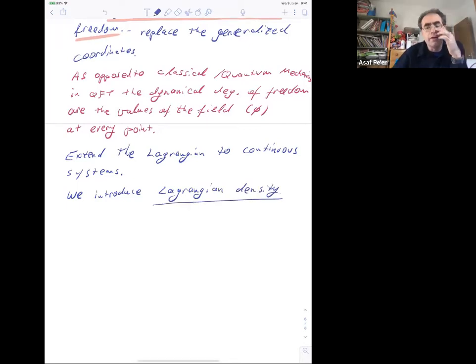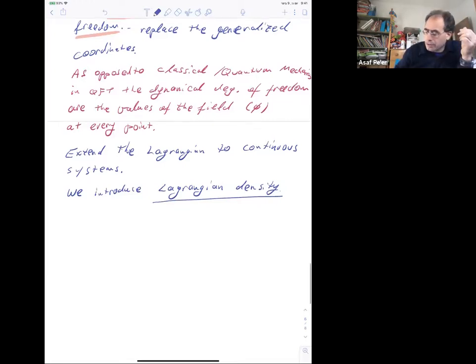Shouldn't be really worried about that. It's abstract, but it's not different than number density or energy density: the number of particles per unit volume, the total energy that is stored in the system per unit volume. So here we have a Lagrangian density, which is denoted by curly L,